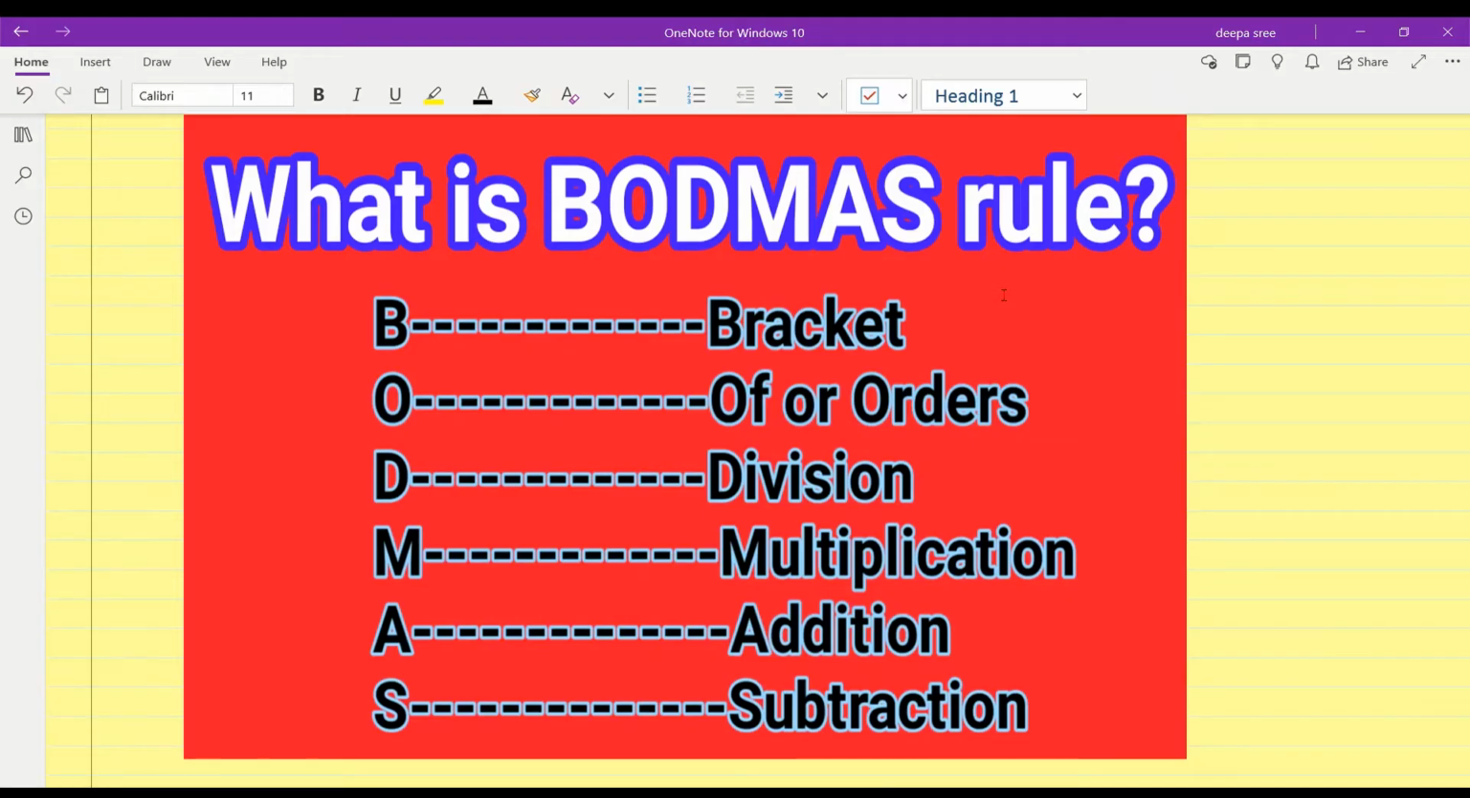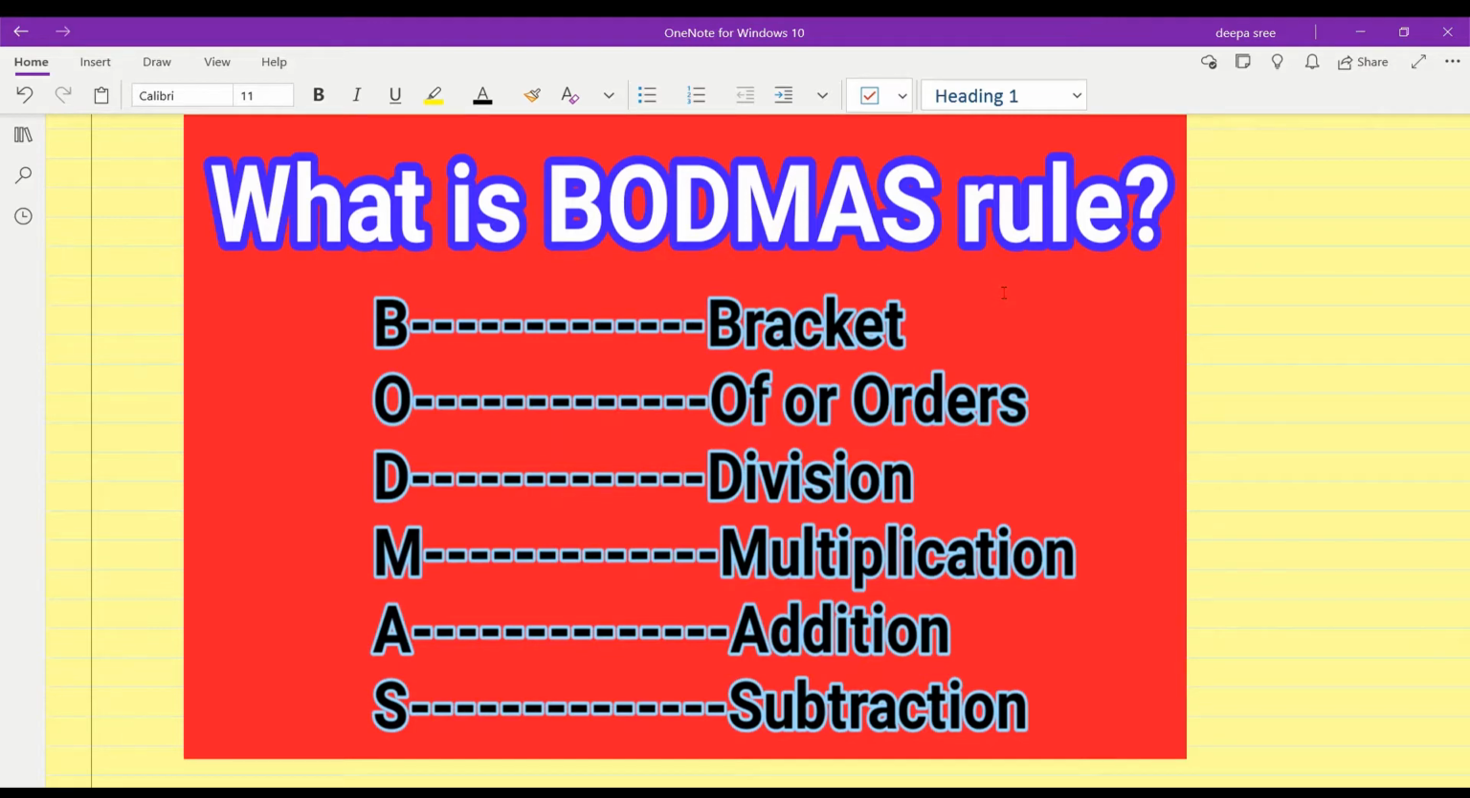Welcome to today's session. Today we are going to discuss the BODMAS rule. So what is the BODMAS rule? We know that the four basic operations are addition, subtraction, multiplication and division. The order of these operations is given by a rule called BODMAS. According to this rule, we solve the problem